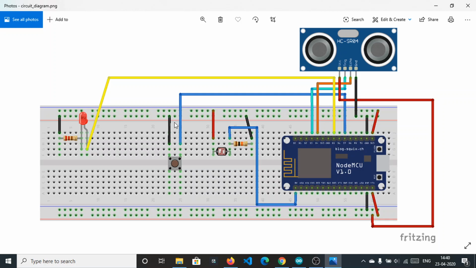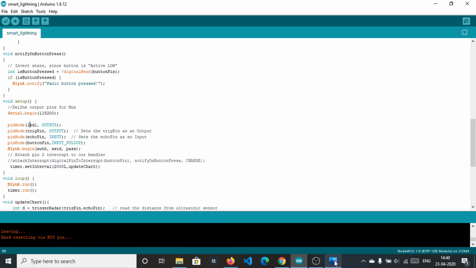So this is the case, and we are basically making it always high. This D7 pin will send an always high signal, and as soon as the button is pressed, a low signal, a ground signal will be detected by D7, and as the ground signal is detected, the button press action will be performed. Fine.